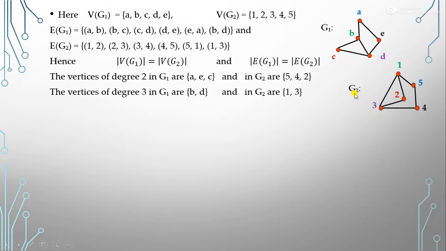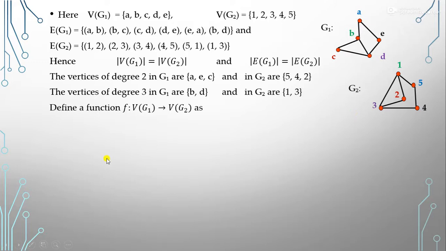And in the graph G2, we have two vertices, 1 and 3, which have the degree 3. So now the degrees of the vertices are the same here. 3 vertices have degree 2 and 2 vertices have degree 3. So all these 3 properties hold here. It means that it may be isomorphic, right? So now to check that further, we check whether these hold the property of bijection or not.